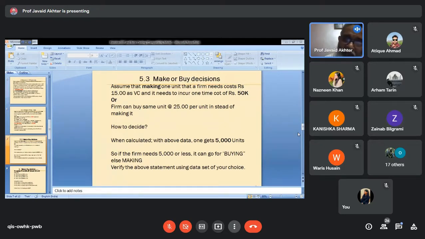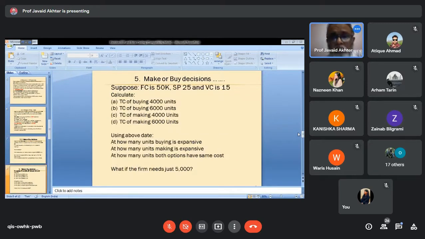So there are several practical issues, and each comes with an advantage and limitation. We should be clear about what the advantages associated with the decision are, what the limitations associated with the decision are, and then leave it to the management to take a final call. Yes, sir. So the decision that I wrote on the previous slide, try to verify these, whatever is available on this slide. Calculate buying these many, calculate buying these, and see that your calculations, your answers, your recommendations are correct.